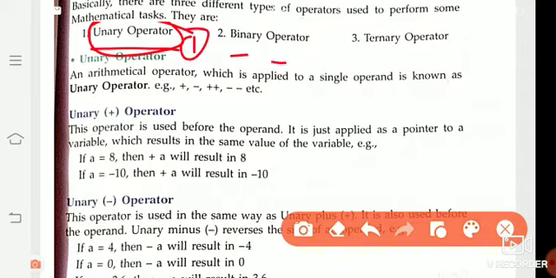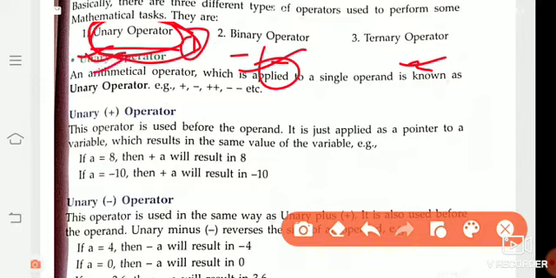Binary, bi means two. Ternary, ternary means three. That means an expression with a single operand is called a unary operator. An expression which has two operands is called a binary operator, and one with three operands is called a ternary operator. Okay, that means where there is a single operand, that means a single variable used, that is called